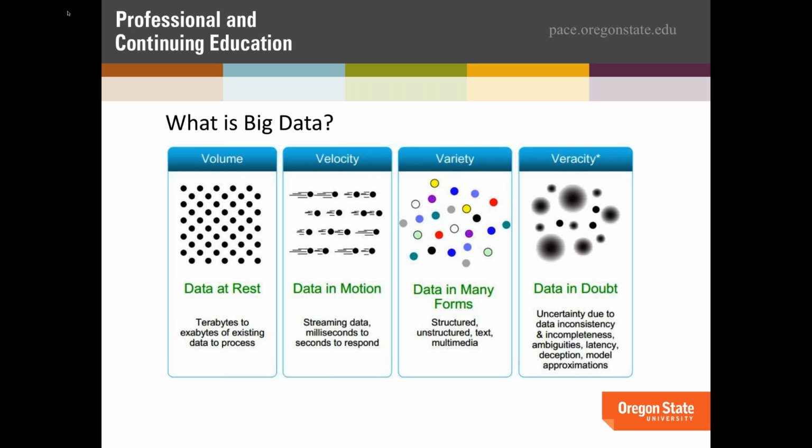Track and trace systems, UPS, post offices, and airplanes use data in motion quite a bit to make real-time decisions on the analysis, as opposed to looking at things historically. But now you also don't just have the velocity, you also have the variety of data. As I mentioned on the previous slide, there are many more forms of data, and a lot of it isn't what is typically called structured data. You would now call it unstructured. It might be an email, an image, or a video.